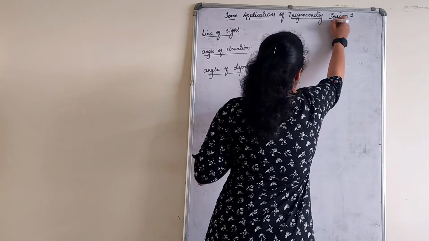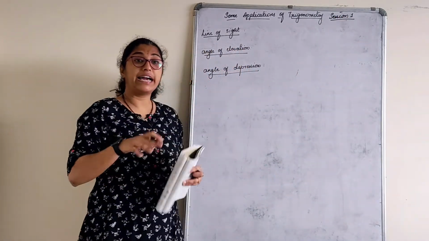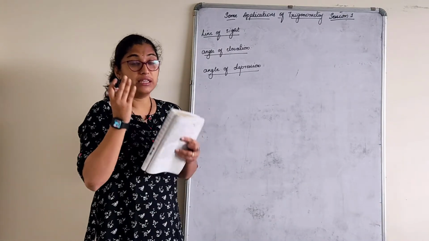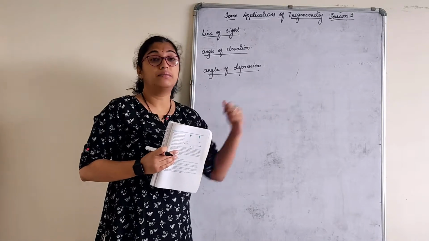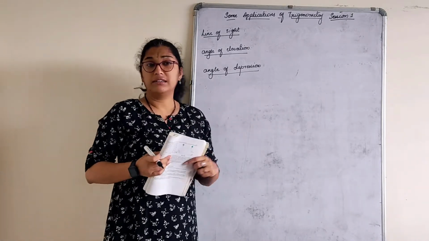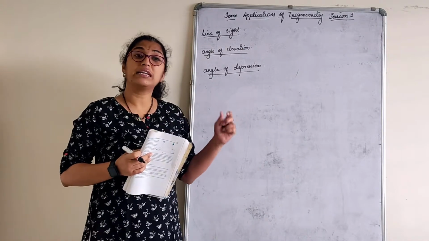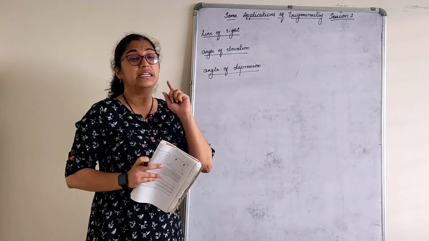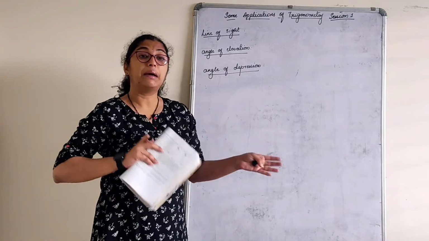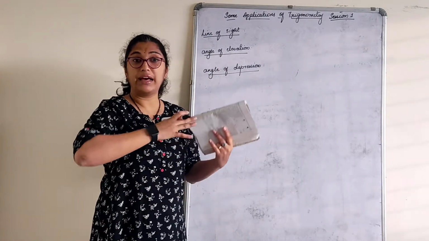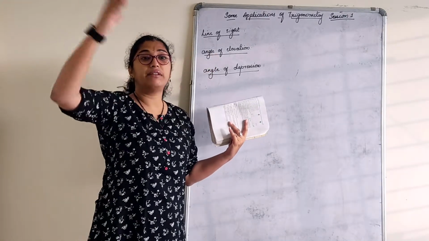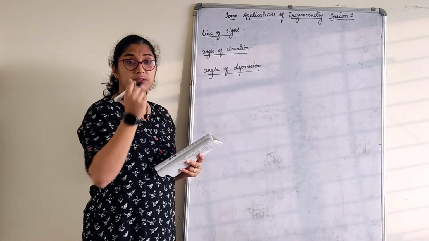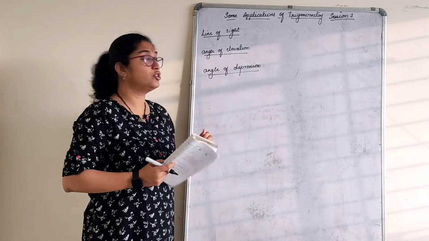When we talk about some applications of trigonometry, this is actually where we apply the trigonometric ratios and angles we have learnt, and how practically we are going to use them. Generally this lesson is also called height and distance, because applications of trigonometry are used to find the height of a building compared to another building. When we have one building and a tower, we can compare how tall the building is, so you will get some types of application sums in this chapter.